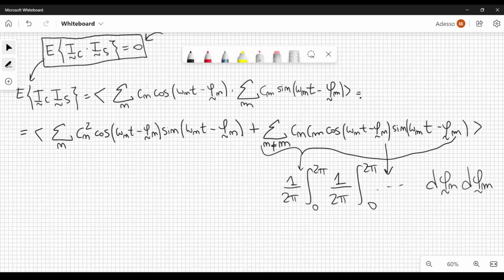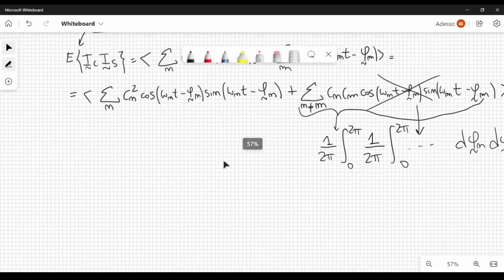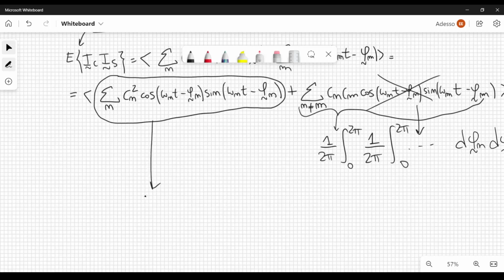It's very easy to know what the result will be, because if you integrate this cosine from 0 to 2 pi, you will get 0. It's very easy. Similarly for this one. So this will give a 0 contribution. It's very easy to check. And now we have to do something similar for this first summation. In this case, we only have to integrate once, if you think about it, because